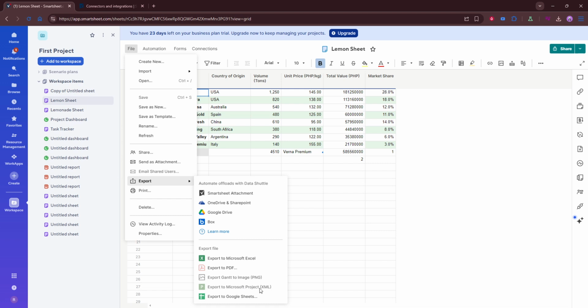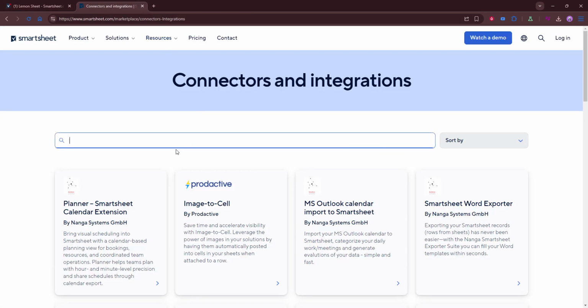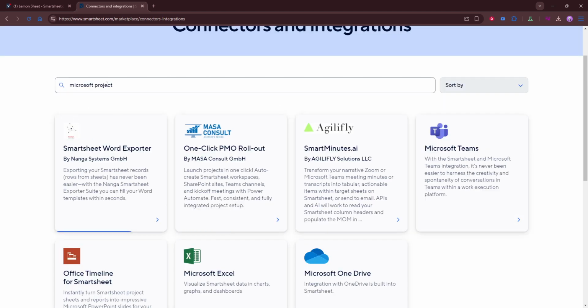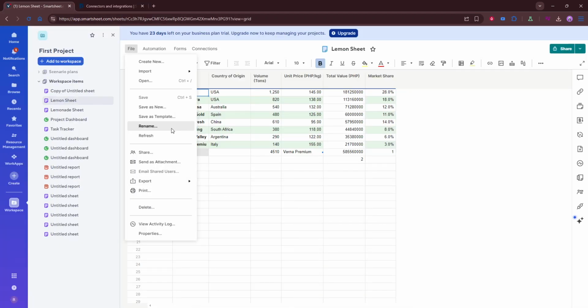project from scratch. If you need advanced scheduling features, use Microsoft Project. This tool is especially helpful when your project includes more complex timeline management, deeper dependency control, or detailed scheduling logic. It's designed for users who need a more technical planning environment and more precise control over how tasks interact over